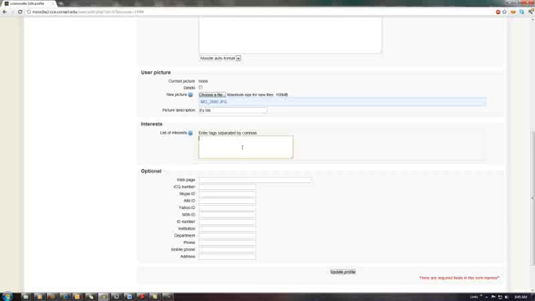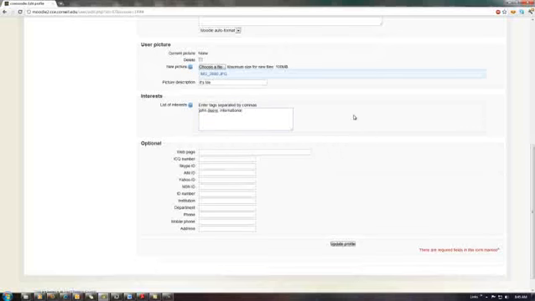So if I were interested in, let's see, since we're talking about tractors, John Deere, International, and so on and so forth. You can separate those by interest, and then separate those by commas, pardon me. Then there's some optional information you could put in here. If you have a web page or a blog, you can put that in there, and all this other optional information. So if I click Update Profile,